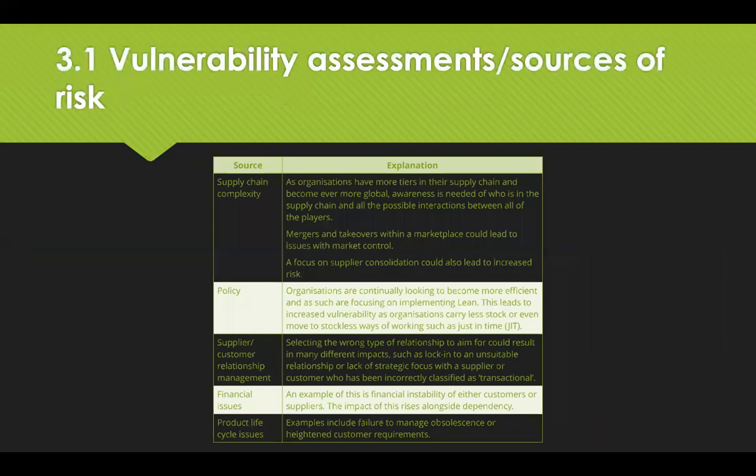So supply chain vulnerability is an organisation's level of exposure. Here you can see that vulnerability assessments shouldn't just be focused on the first tier of the suppliers. They should be driven down further in the supply chain to look for potential weak spots. And supply chain vulnerability is considered to be increasing due to political instability, lengthening supply chains,